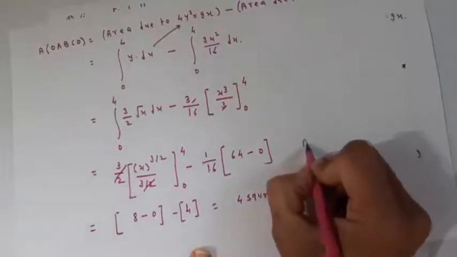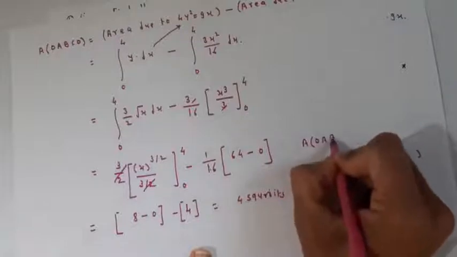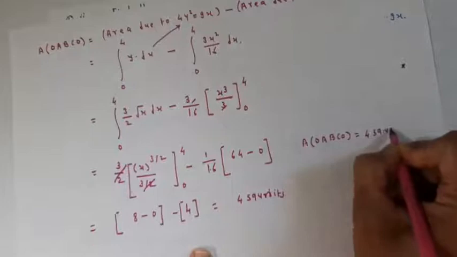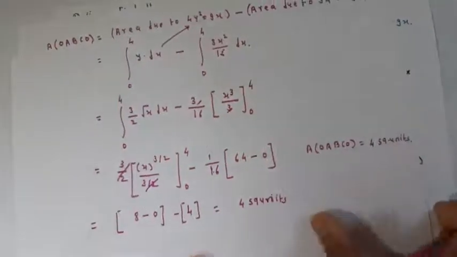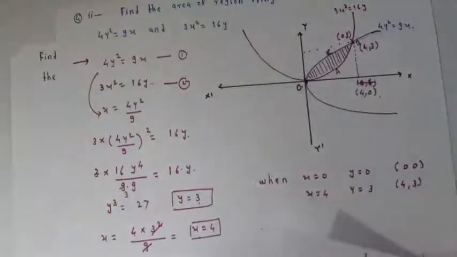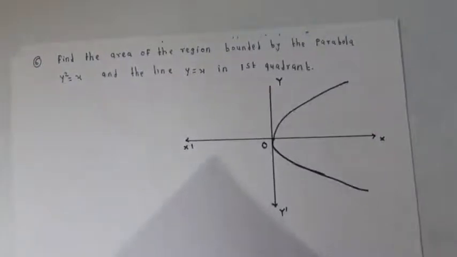Okay, hence the shaded portion area, that is area OABCO, equals 4 square units. Okay, in this way we have to find out the area. Okay, now let us take another example. The other example is that